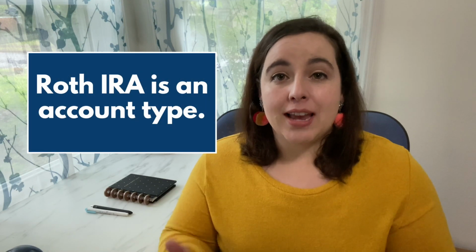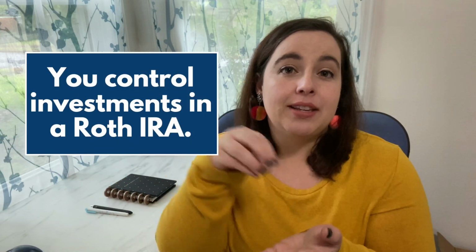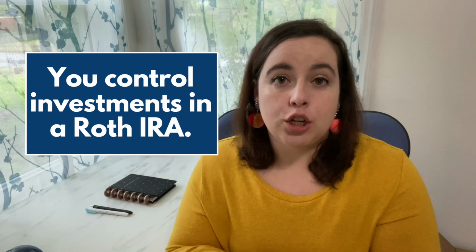So a Roth IRA is an individual retirement account. This just means it's a type of account. The name of the account does not determine what's inside of the account. It's basically the box, the type of account, and then you put in the type of investments that you want to use. Roth IRAs are a type of account that have a few more benefits, and one of those benefits